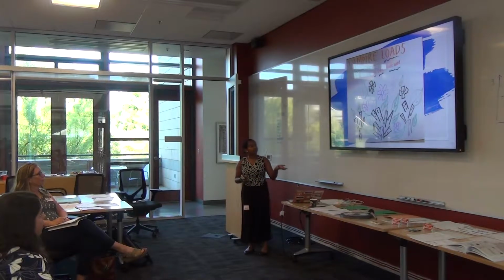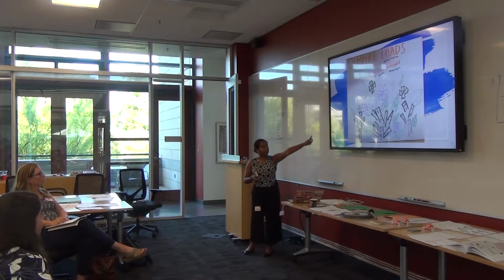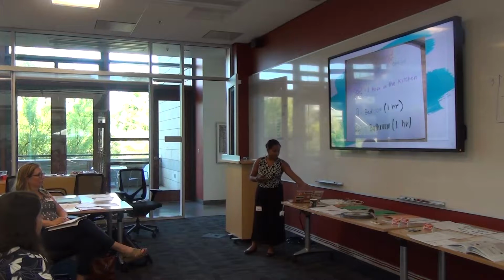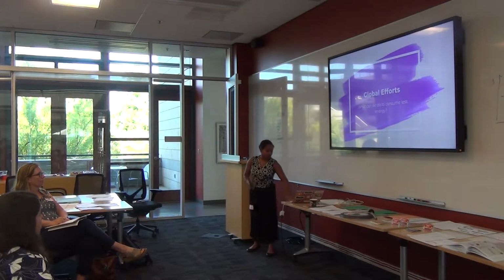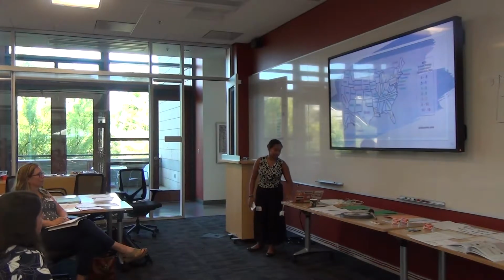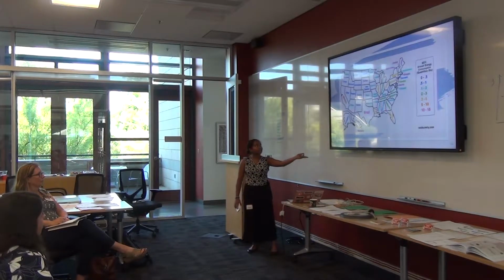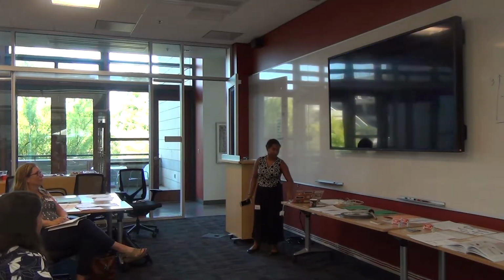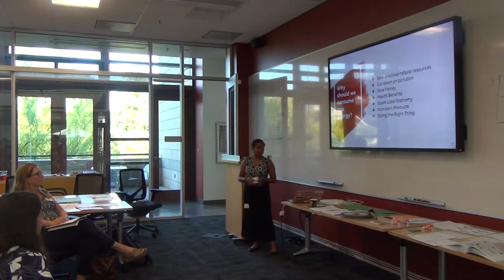This is a vampire load graph, as each different branch or leaf or flower shows a different vampire load in the house, as you can see using this legend. Global efforts. What can we do to consume less energy? This graph shows that each state in our country uses almost as much energy as a country in the third world or other countries. So why should we consume less energy?